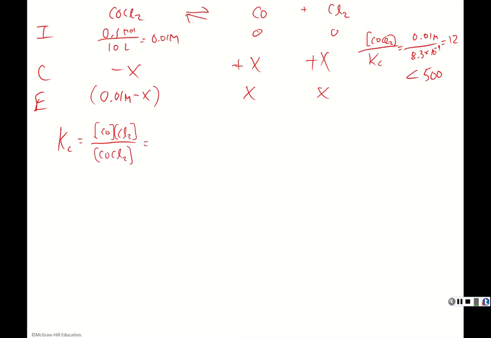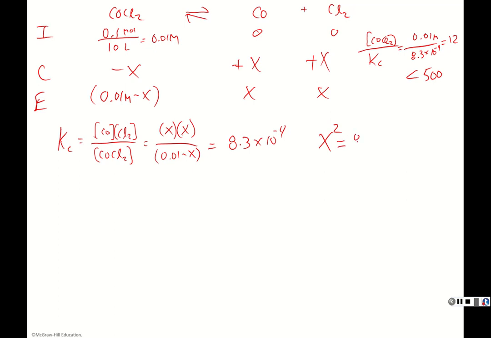And we can now plug our expressions in from our reaction table, and that equals 8.3 times 10 to the minus 4. All right, we can now work through this to solve. So this would become x squared